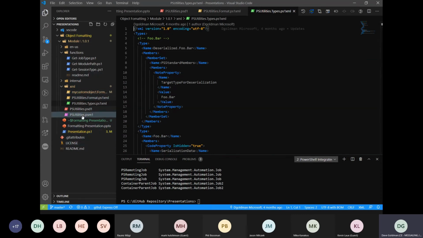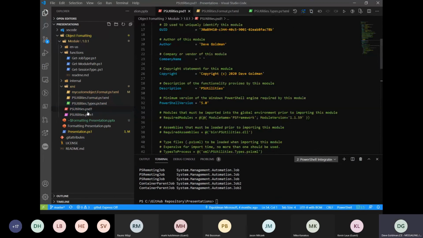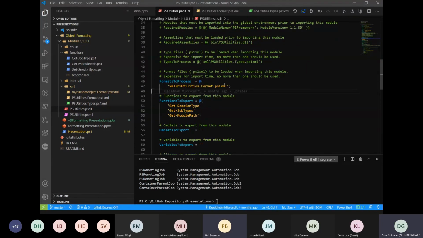And then what you have to do is, in your PSD1 file, make sure that you specify the formats to process, and point it to that format XML.